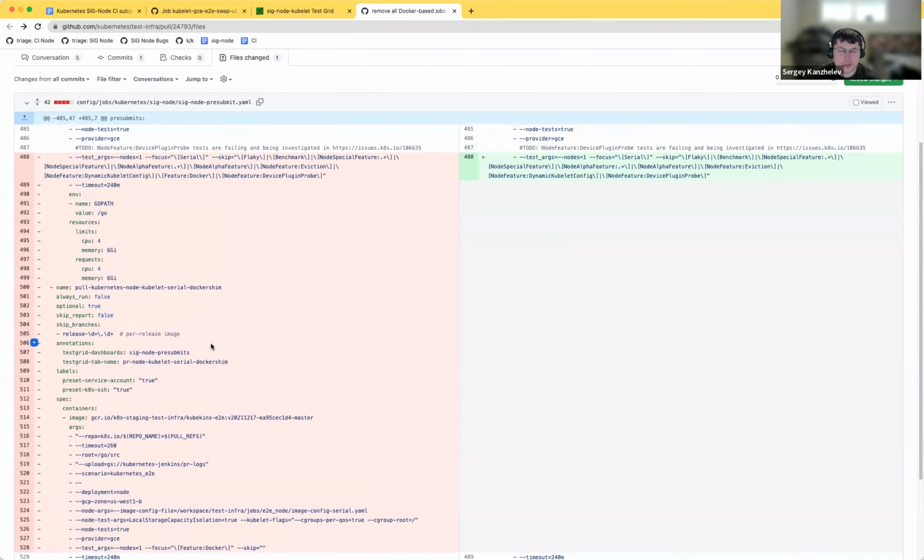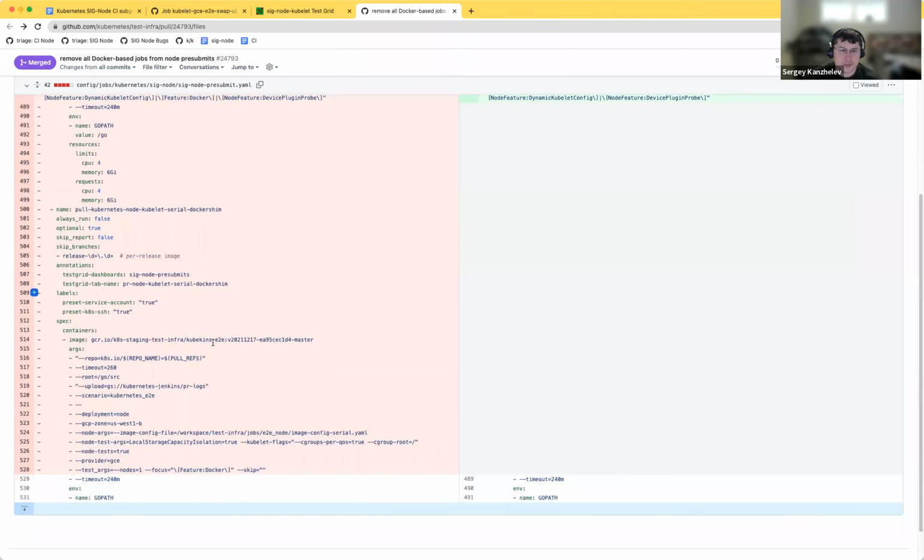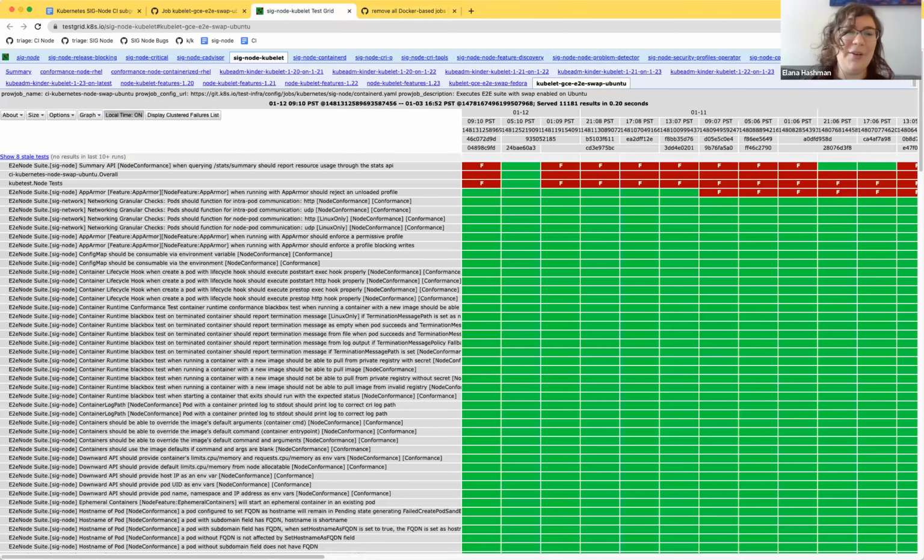But then how do I find them? It's when we set this env Docker. Yes, anything that has env that's not remote, basically, because it'll default to Docker. Yeah, those were specifically, we had split out some of the serial tests that were Docker specific last release, so that we could just get rid of them. Yeah, so that one, definitely no issue with that being merged, but I think that's not all of them.